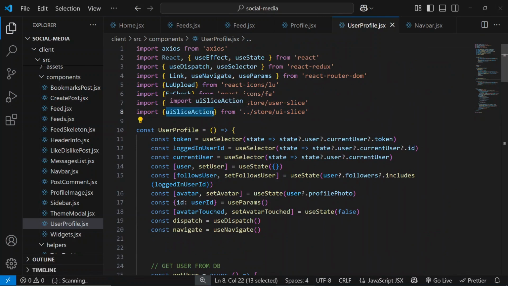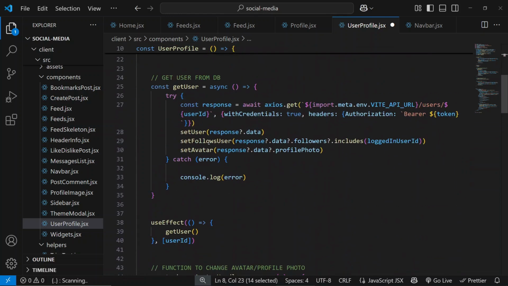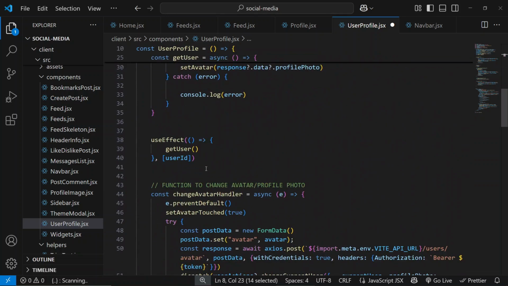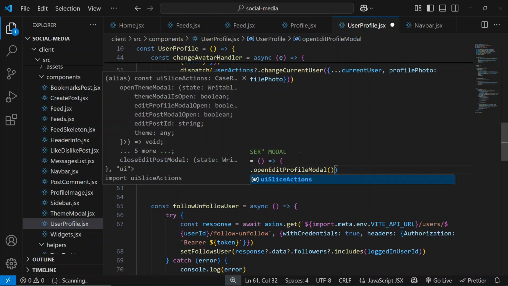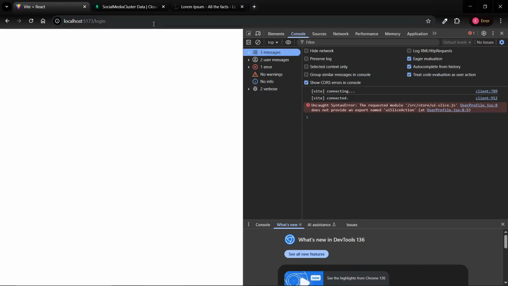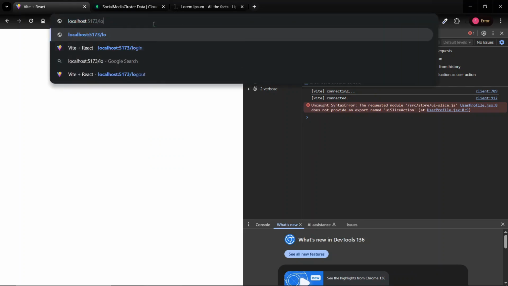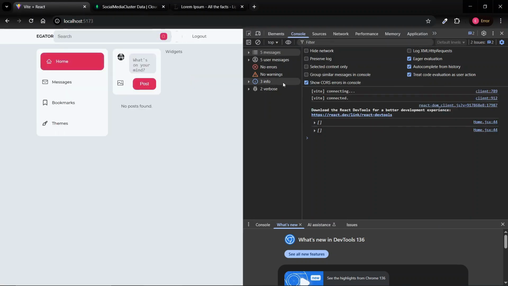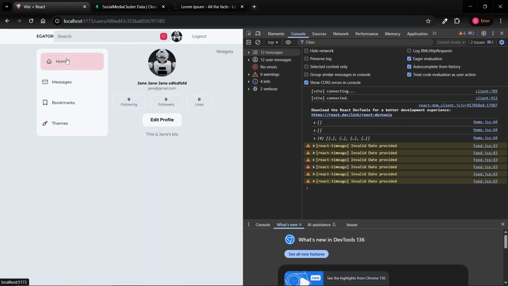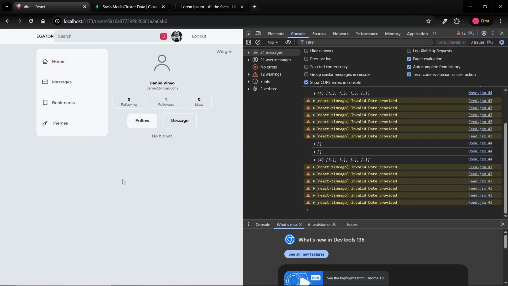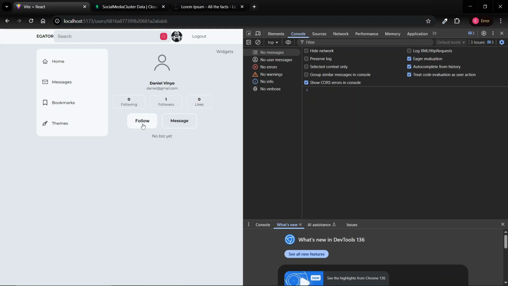Is it UI slice actions? Okay, so UI slice actions right here. So right here, UI slice actions, plural. All right, so I'll reload this and come back here, and let's see what happens. Oh, actually, I'll come here, and now let's go ahead and send this request one more time, and we've been able to actually follow this